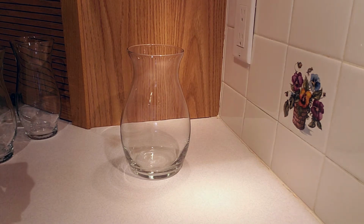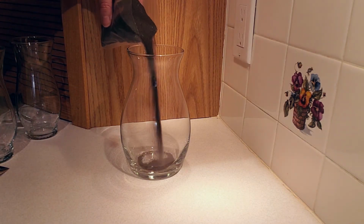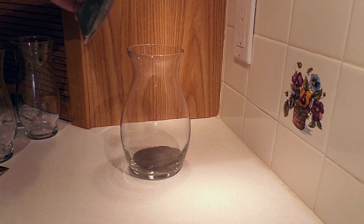Now that I'm inside and warm, I'm going to start by taking these vases and I'm going to put some of this black sand that I picked up at Dollar Tree, and I'm going to put some of this black sand in my vases. Now I picked up 2 bags of the black sand, and as far as the vases